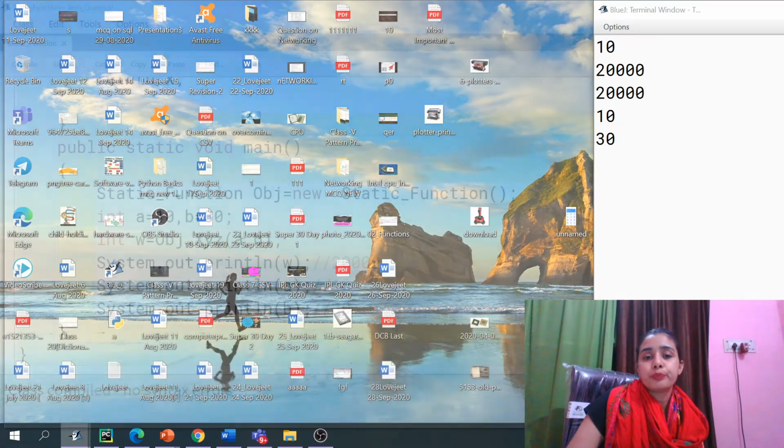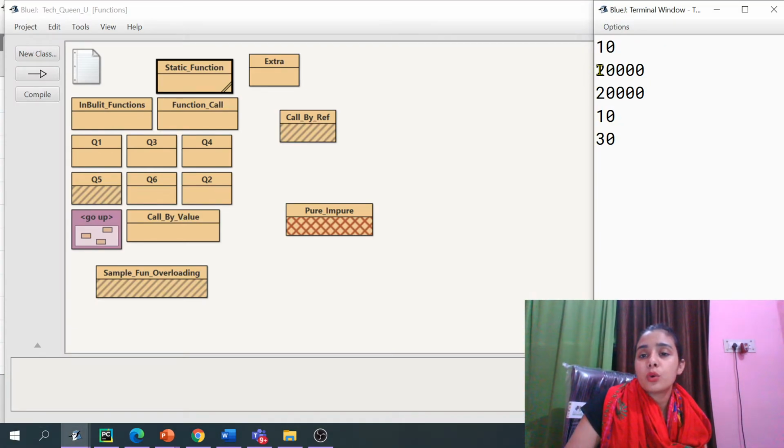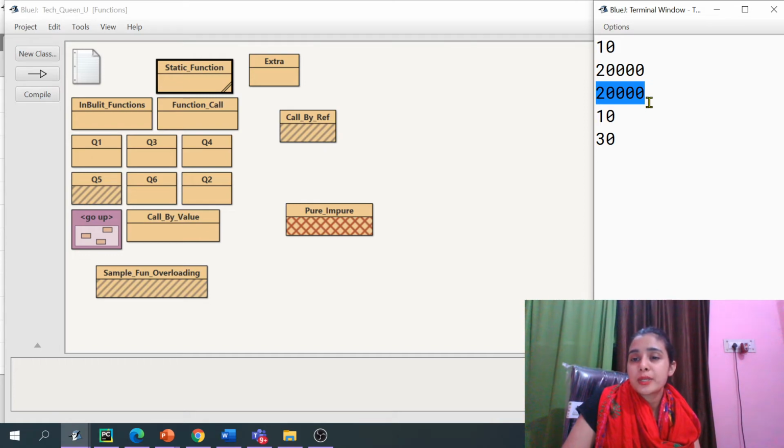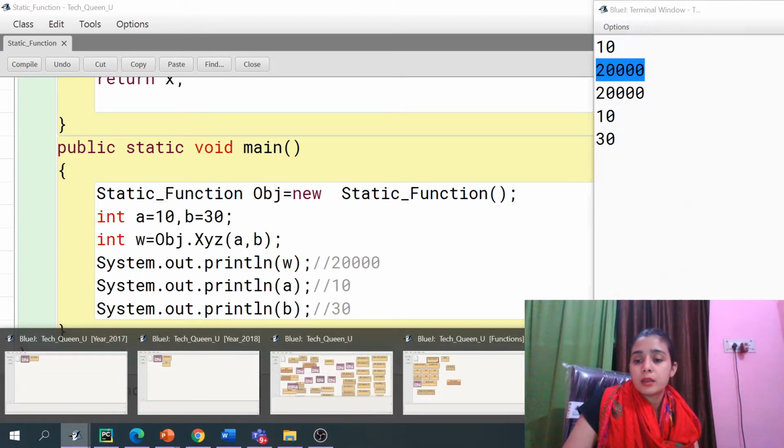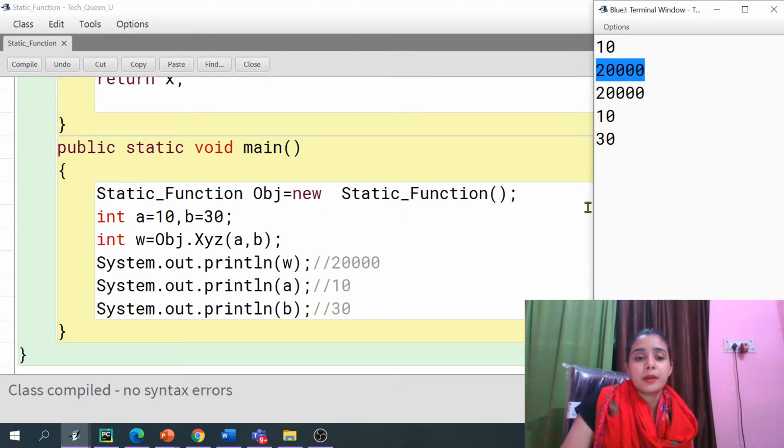So see here, what happened? We have called this method, and it has printed 20,000, and afterwards 20,000 is printed again. Let me show you the code again so that you can compare more clearly.